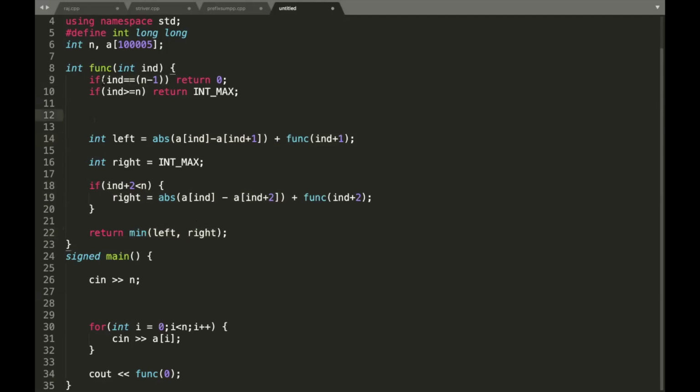Now, what are your base conditions? Either you reach your endpoint. If you've reached it, you do not require any further cost, so you return 0. Now this condition is not required because you're already checking it over here, but still it's safe to write it. Otherwise, let's return int max because we are doing a min. So that will never count toward your answer because that's a maximum value. Now remember one thing, whenever you return int max, do take long because it might happen that you're doing a plus. So a positive plus int max will not fit in int. So this is the recursive code.